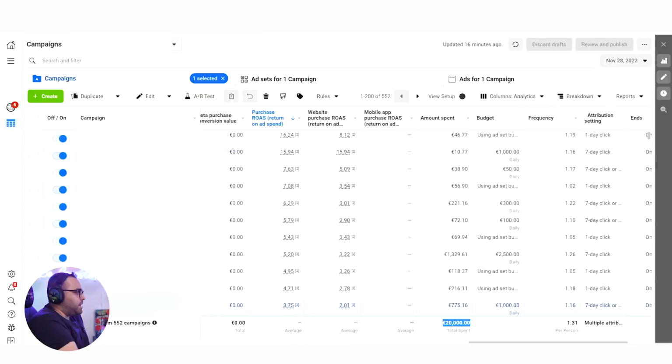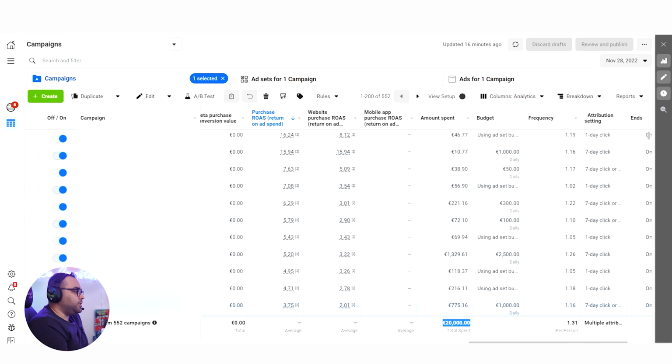But there are actually two reasons that they have this hidden limit that you're not able to know up to the point that you reach it. I was scaling this account during Black Friday and I saw these round numbers. So immediately, from my experience with other ad accounts that I have scaled, another one was on 50k, another one was on 80k, another one was on 30k, I knew that I had hit a spending limit and that I needed to call customer support and ask them to lift it.